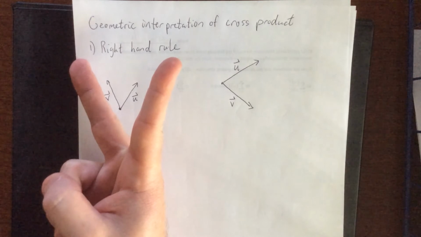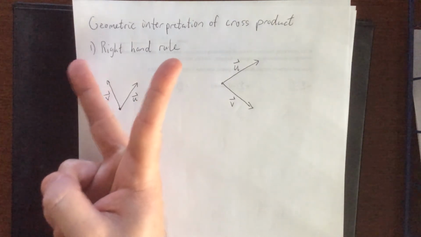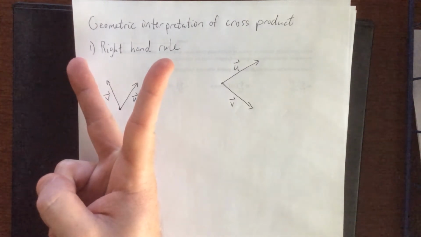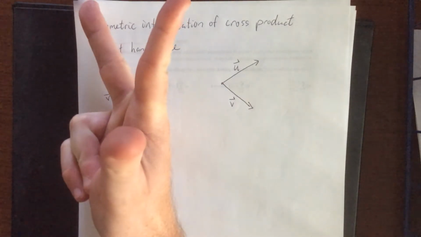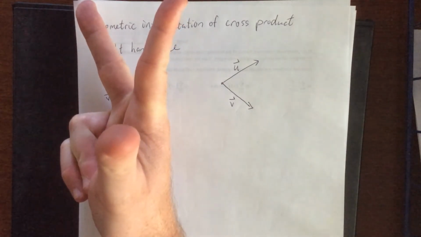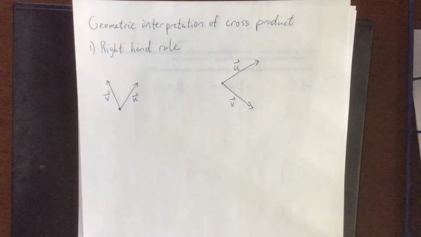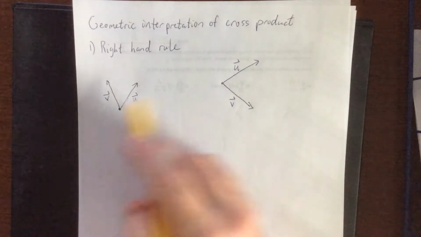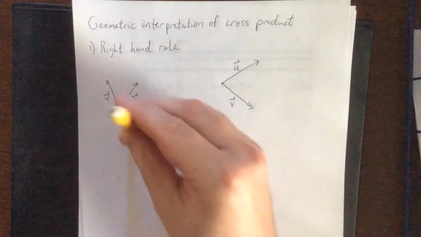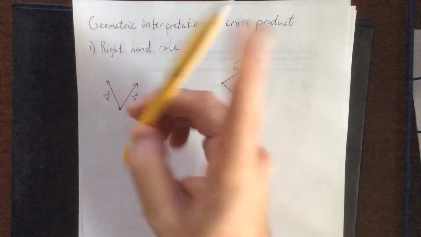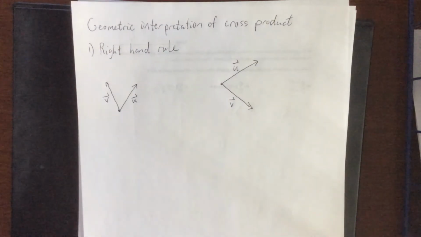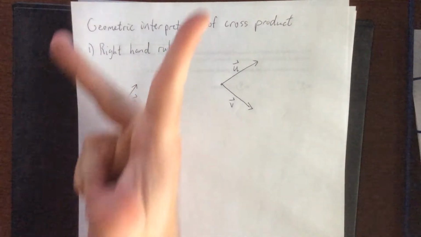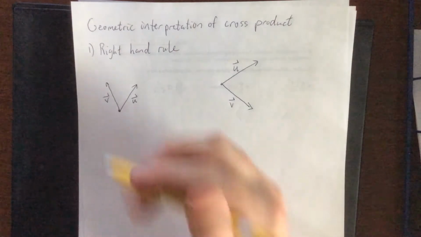The right-hand rule states the following: if you can orient your two fingers in the same orientation as the vectors that you see, then your thumb is going to determine the direction of the cross product of those two vectors. So when we talk about vectors in a plane, we can either have a cross product coming out of it, or we can have one going into the plane, as it were. So in this case, because I can create one where my thumb is pointing in the upward direction, this one would be